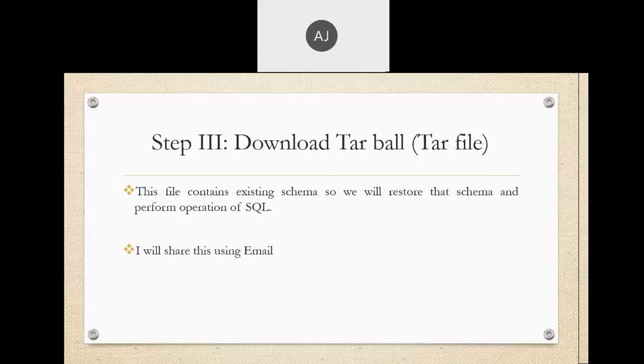I have fetched this document from a website, so it contains different kinds of names. Don't worry about that. Different kinds of cities, but we need to perform the practical. Okay, for example, if you want to perform joins, group by, we require a certain amount of data, and according to that, we require a table system. So for that reason, I have downloaded that. We will restore that. That means we will use that data inside our database. Okay, so today we'll discuss how we'll do that.